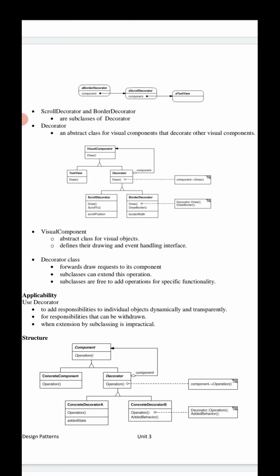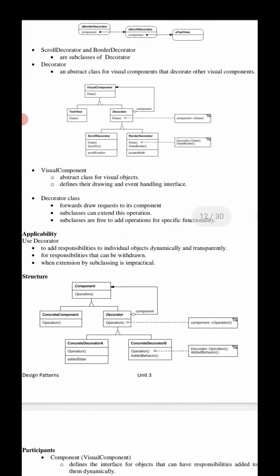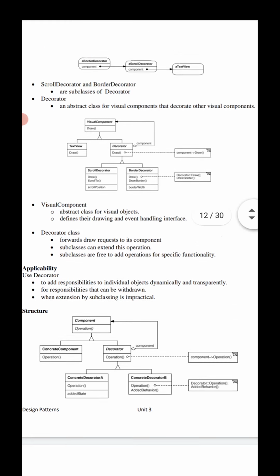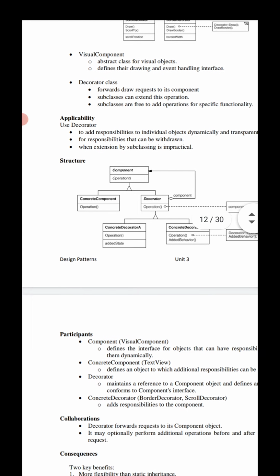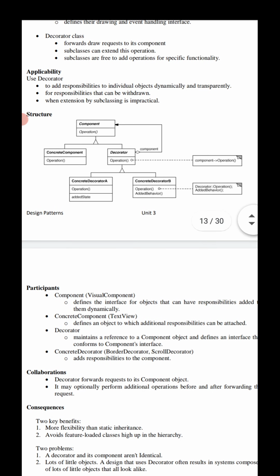Coming to the applicability of the decorator design pattern, which means when the pattern is used. First, a very important key point, listen carefully: we use a decorator for adding additional responsibilities to individual objects dynamically.